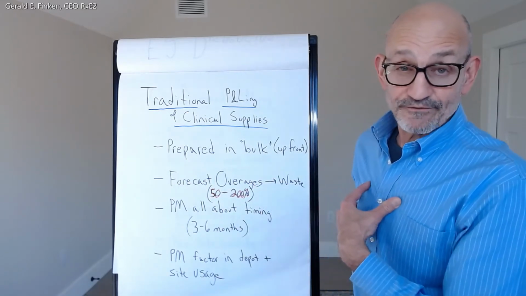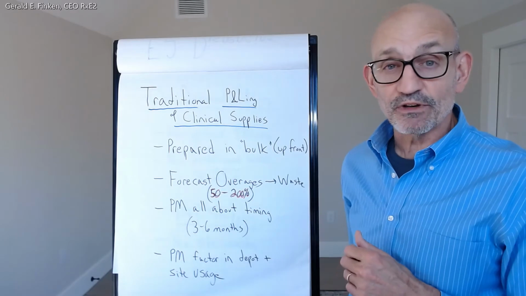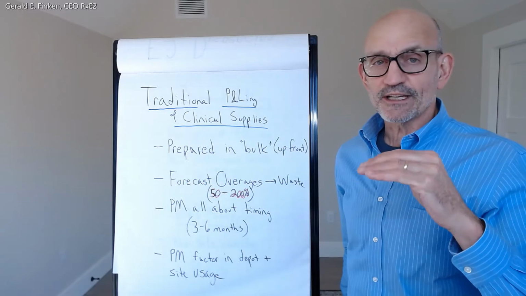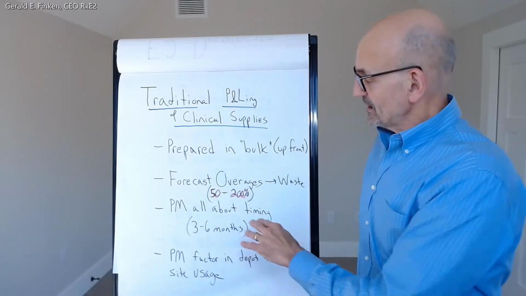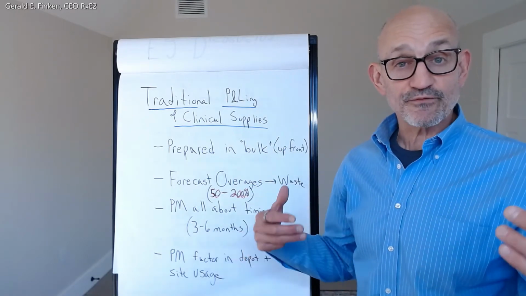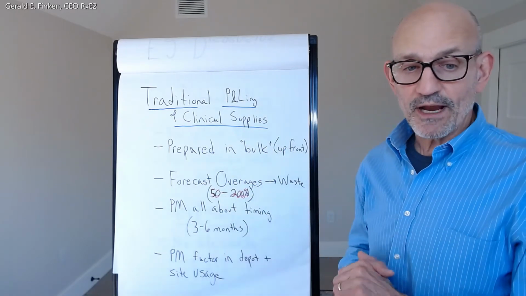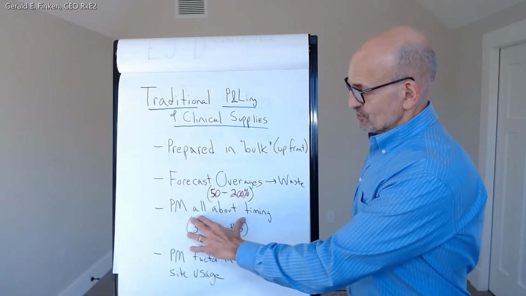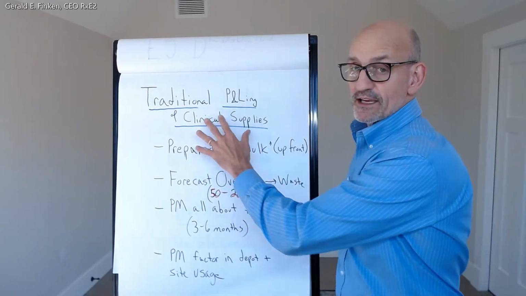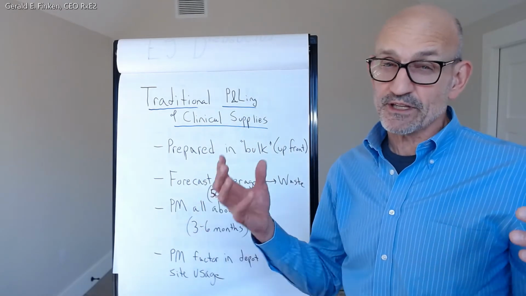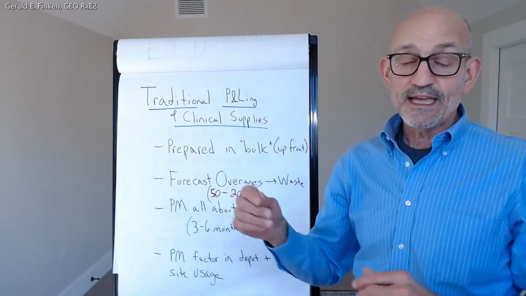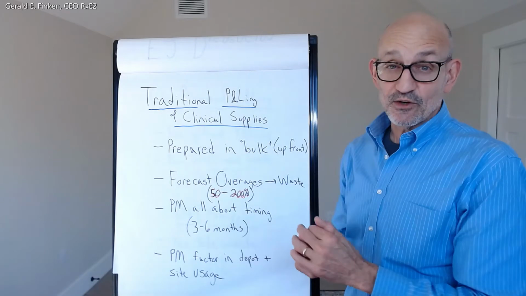Now, in my lifetime, most of the time, it was always the rule of thumb, 100% overage. But as we got better at forecasting and then doing multiple runs, like doing 3 batches, you could get down to 50% overages, but of course then your costs are 3 times as much for paying for that packaging and labeling operations. And of course, one of the things too is that, you know, project management, it's all about the timing. How long is this going to take? Usually it's like a 3 to 6 month process from the time you start planning until the time you actually have supplies in inventory ready to go, even if it's down to the 50% and you only have like 25%